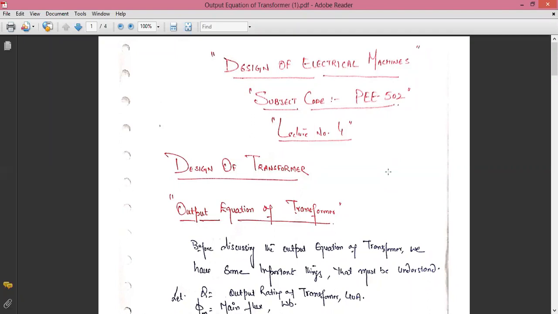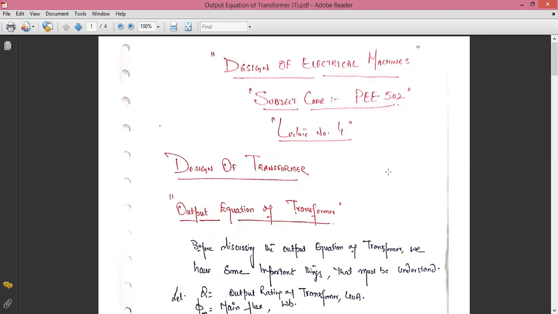And I had already told you in my previous lectures the principle behind the machines, the Faraday law of electromagnetic induction. Under this Faraday law of electromagnetic induction, there are 2 main important things. Number one is the magnetism that is obtained from electromagnets, or temporary magnets, and number 2 is the conductors.